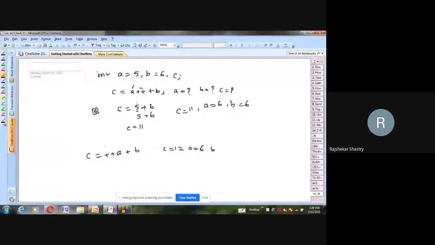Let us analyze it. So according to the analysis here, as per the prefix statement which I expressed here, in prefix form a gets incremented first. What is the a value in the memory? Old value of a is 5, that has to be incremented first. So it will become 6 now. It will get incremented first because of prefix form. After incrementing, the incremented value is going to be used in the expression. Then c is equal to 6 plus, of course, b is how much? 6 only. So 6 plus 6 how much, sir? 12. Therefore the answer is correct.